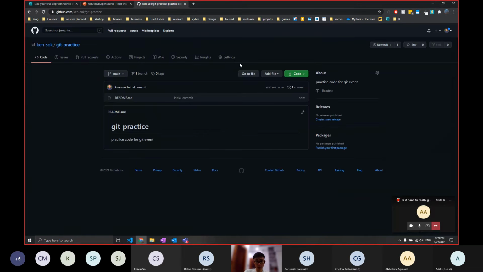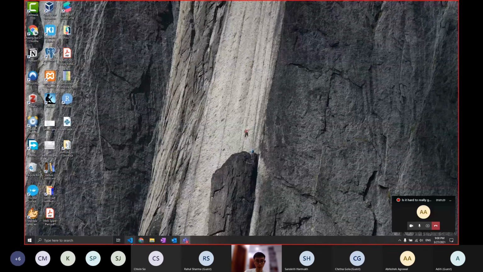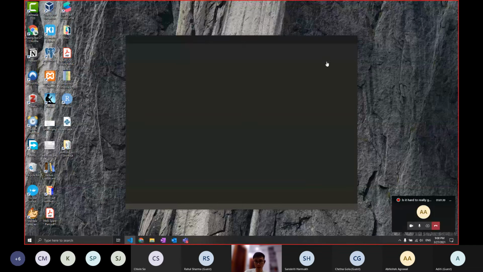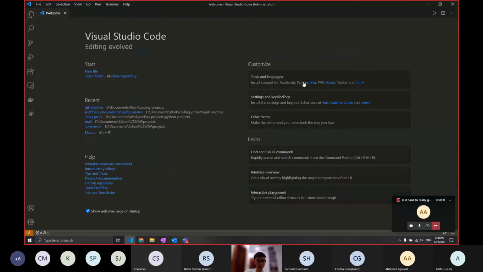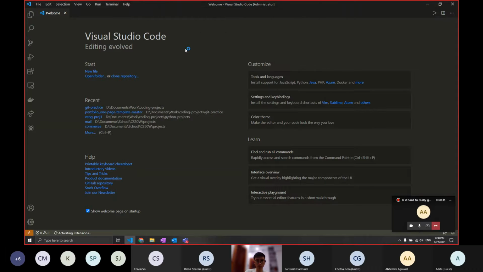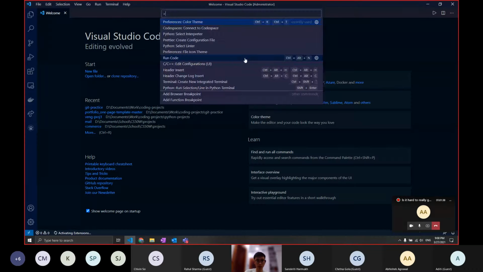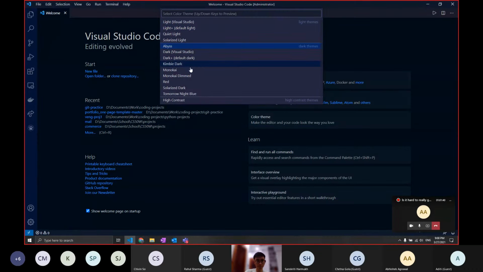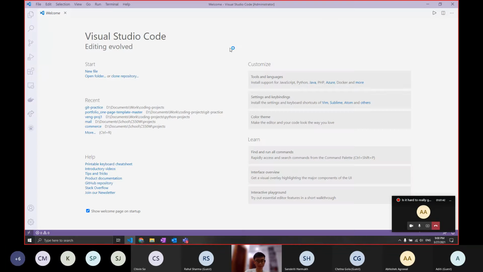So after you've created your repository, you see something like this. So I'll keep that there for now. And before we start with our first exercise, I'll show you Visual Studio Code. This is the code editor that I use. In this code editor, you could change your different themes into, for example, a dark theme or a lighter theme, like this,